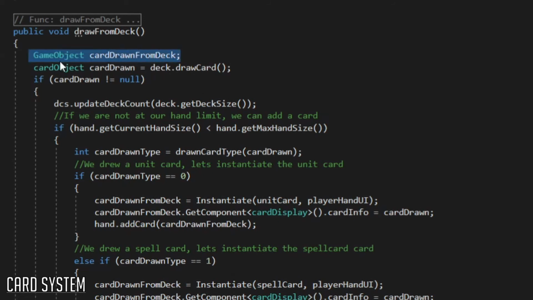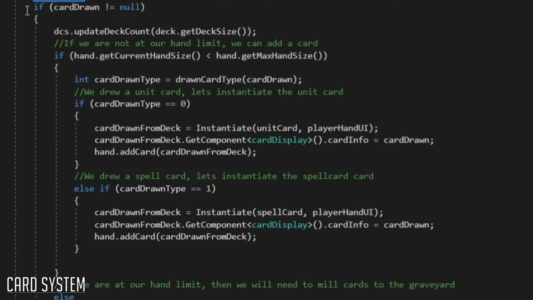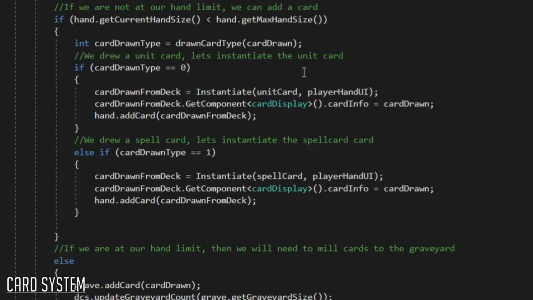So we instantiate an empty object, which is the card that we are going to draw. And then we're going to draw from the deck, and we're going to get a card object. And as long as the card that we drew is not null, then we're going to perform the rest of this information. We're going to update the deck count for the UI, which we can sort of ignore here. And then if the current hand size is not hand size max, then we can just add cards because we actually can hold more cards. And